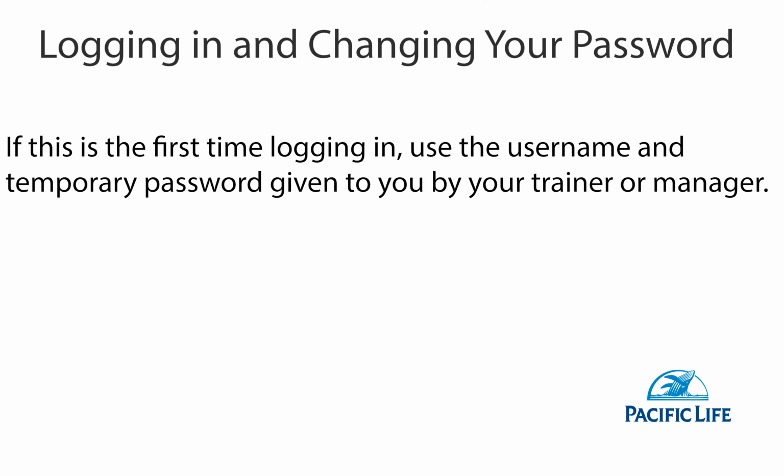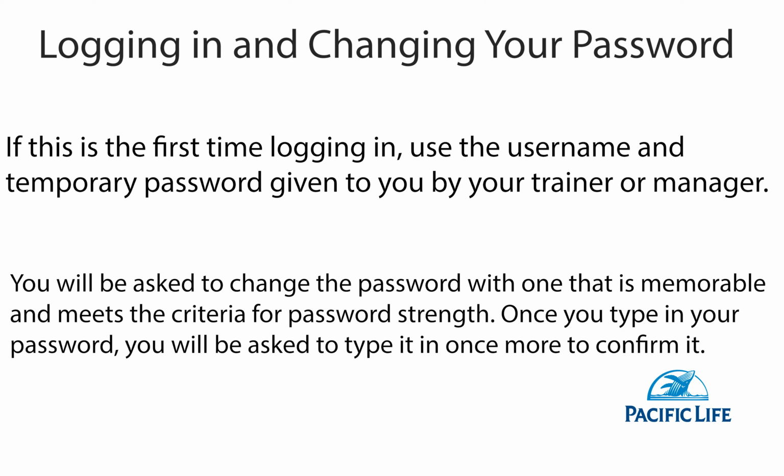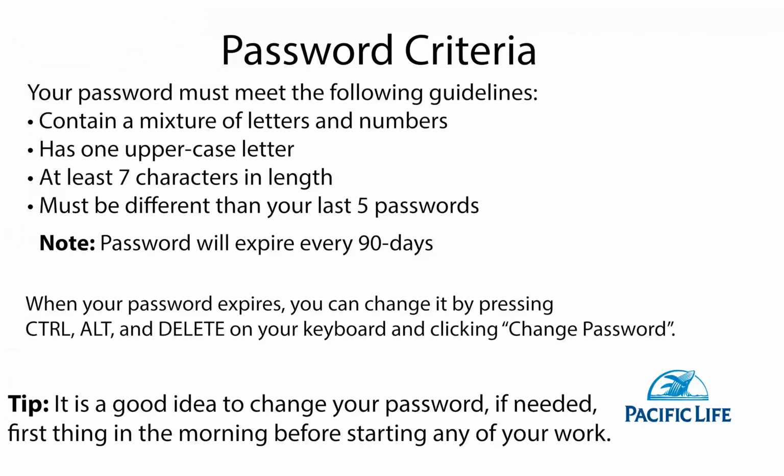If this is the first time logging in, use the username and temporary password given to you by your trainer or manager. You will be asked to change the password to one that is memorable and meets the criteria for password strength. Once you type in your password, you will be asked to type it in once more to confirm it. Your password must meet the following guidelines: contain a mixture of letters and numbers, have one uppercase letter, be equal to or greater than 7 characters in length, be different than your last 5 passwords, and